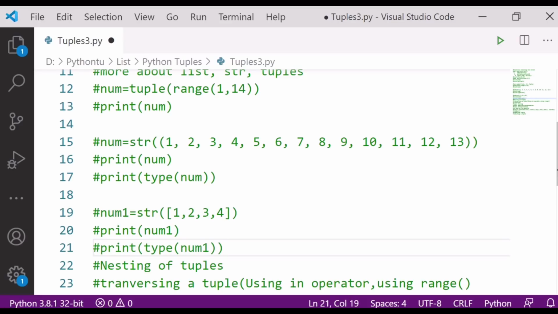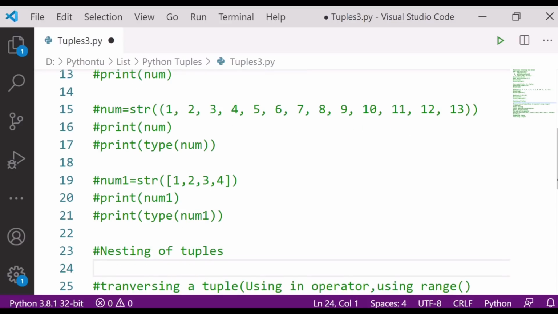Nesting means when you place one tuple inside the other tuple. You can add inside another tuple. So the items in the nested tuples can be combined together to form a new tuple. So let's do it and see the output over here.